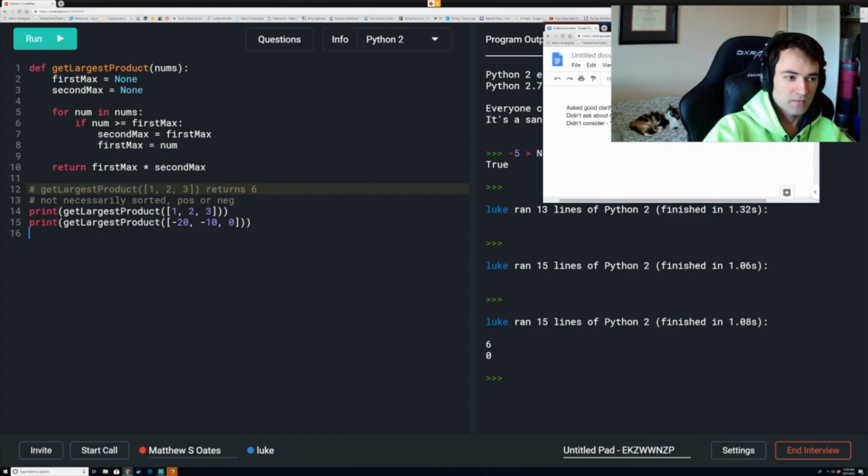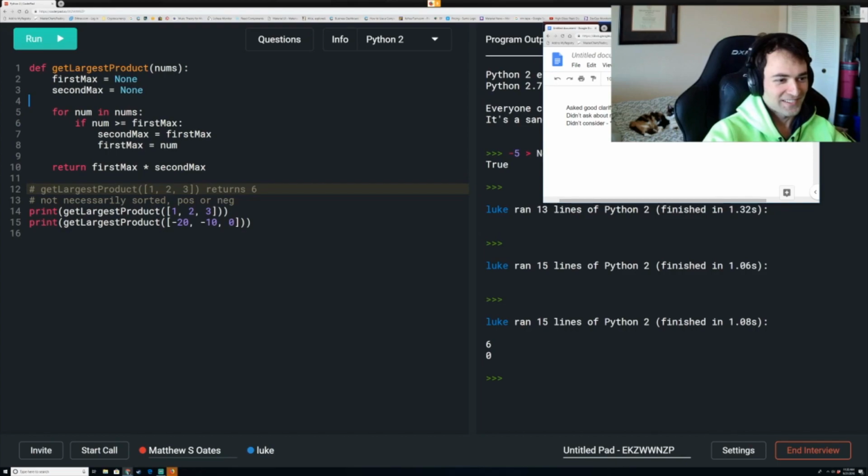Is that the right value in your second test case there? Oh no, yeah, that's right. Wow, I didn't catch that, because obviously negative 10 times negative 20 is much larger. So really, the thing is that they've got to be. Wow, I can't believe that I glossed over that entirely. Yikes. I hope I don't do that in an interview. Okay, so